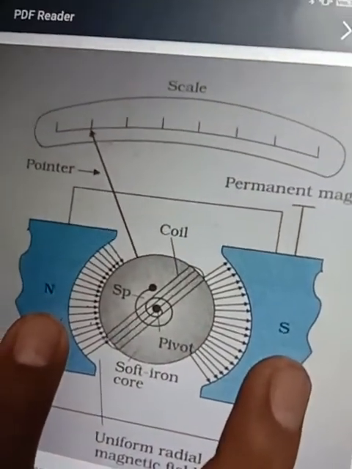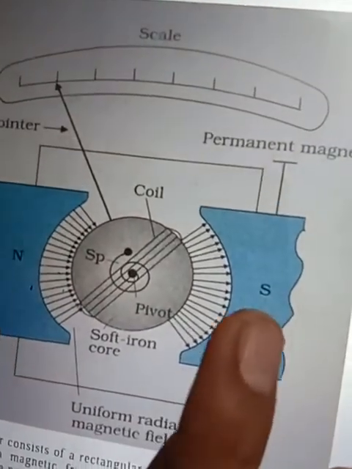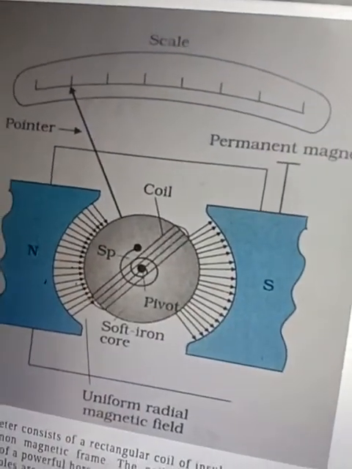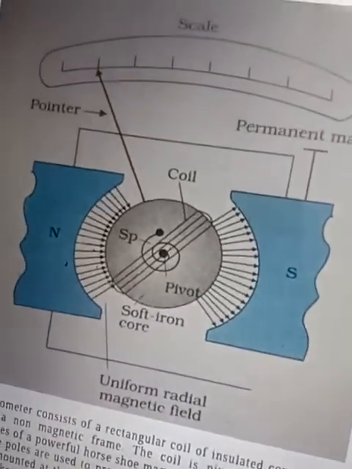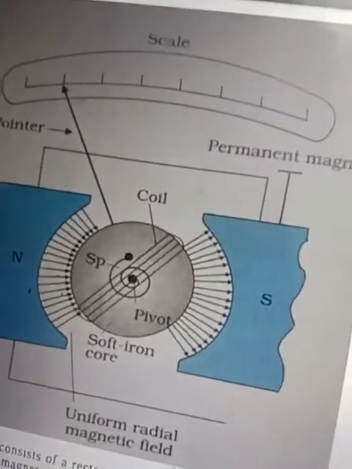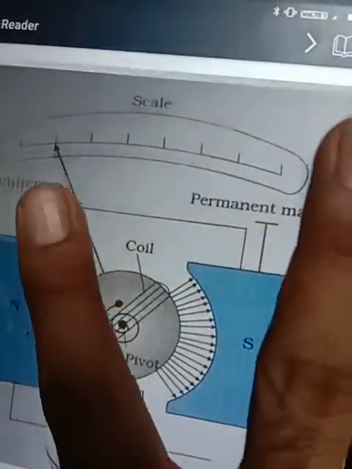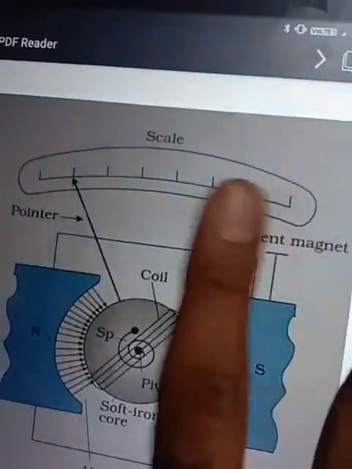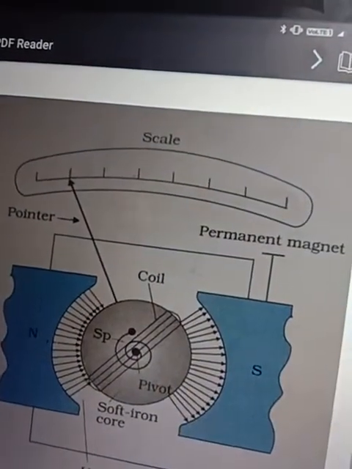नॉर्थ पोल और साउथ पोल क्या करेगा? मैग्नेटिक फील्ड क्रिएट करेगा, और ये जो मैग्नेटिक फील्ड क्रिएट करेगा, ये मैग्नेटिक फील्ड और कॉइल का मैग्नेटिक फील्ड ये दोनों एक दूसरे के ऊपर इफेक्ट होंगे, और इसके कारण क्या होगा? रेडियल मैग्नेटिक फील्ड क्रिएट हो जाएगा. And because of that the coil will give the, ये जो कॉइल है ये किसके साथ कनेक्ट किया हुआ? पॉइंटर के साथ. तो पॉइंटर will move on the left side and it will move on the right side on the scale. So this is the construction of the galvanometer.